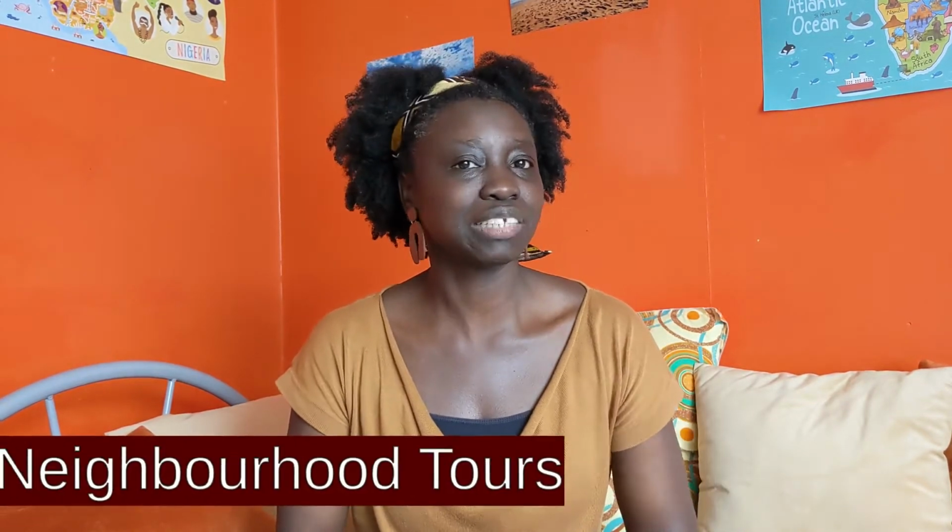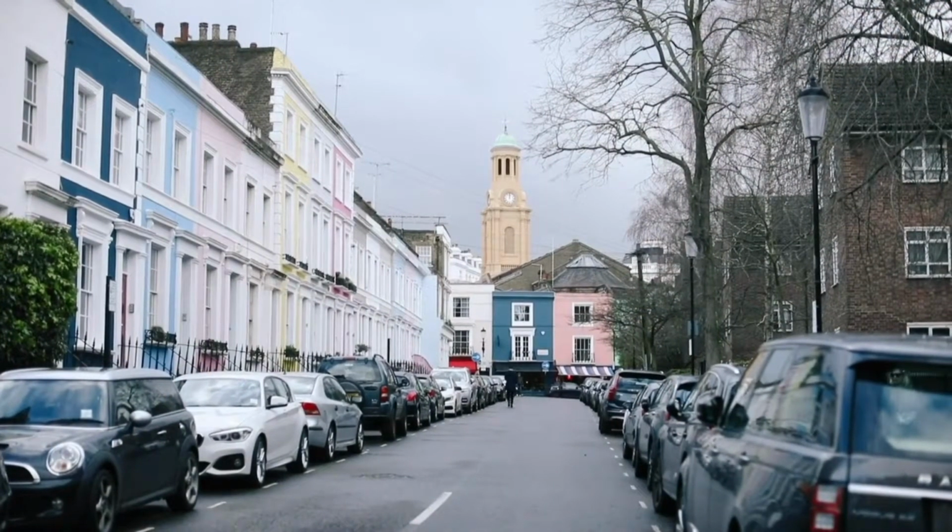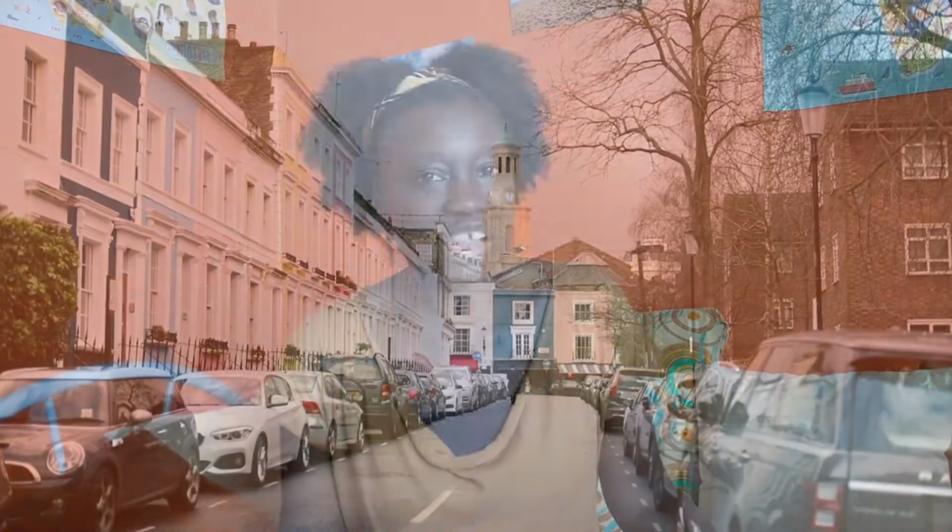A type of walking tour that I really enjoy doing is when you go on a walking tour of specific neighborhoods. Most major cities of the world are really broad and have many distinctive neighborhoods. For example, some of the most popular in London could be Shoreditch, Camden, Greenwich, Chelsea, the Notting Hill area. These are all very different but very unique and special neighborhoods in the city where you can explore